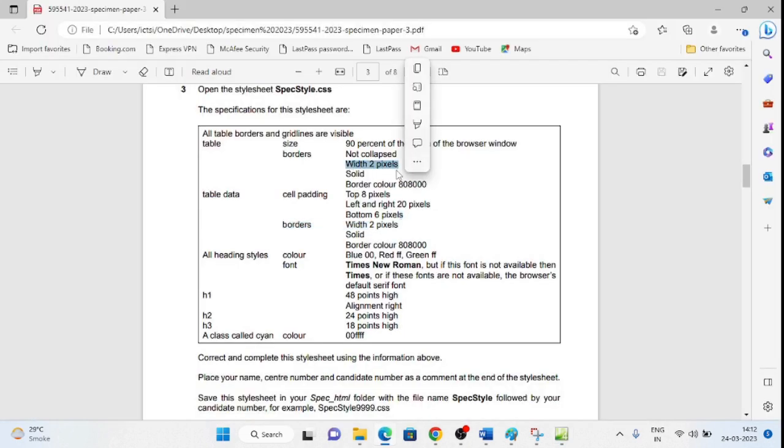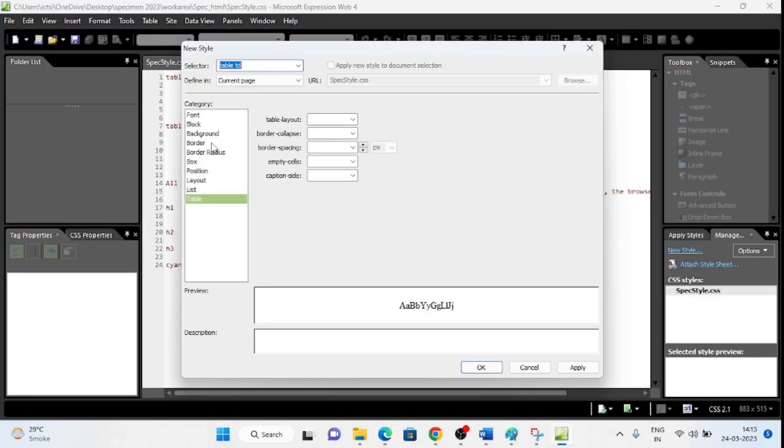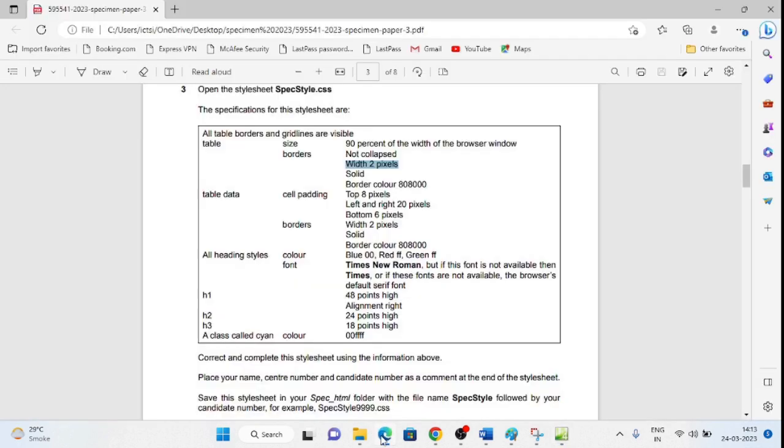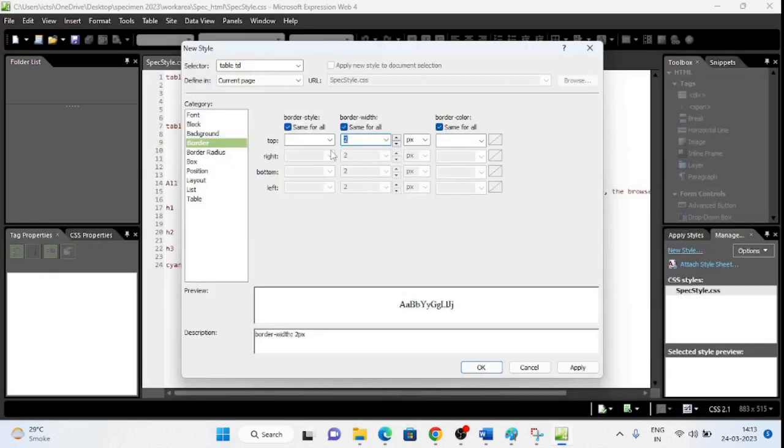2 pixel border, it should be 2 pixels wide and solid, right? So border should be 2 pixels wide, right? So 2 pixels wide. And the second thing you want here is it should be solid. Border should be solid. Okay, so for table and table data, these two things are common.